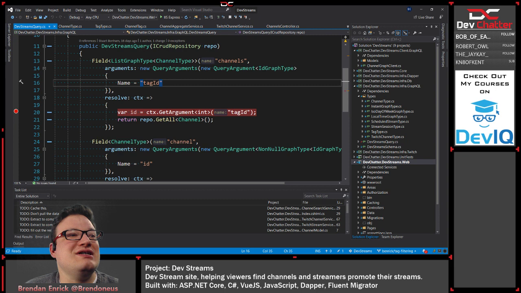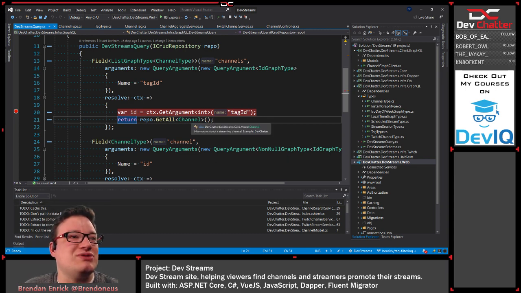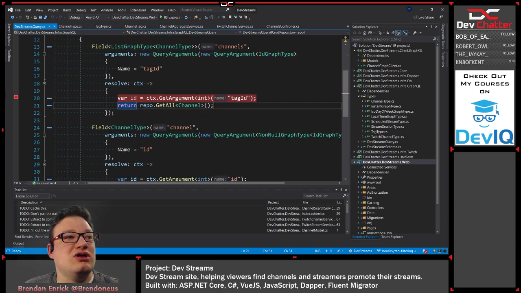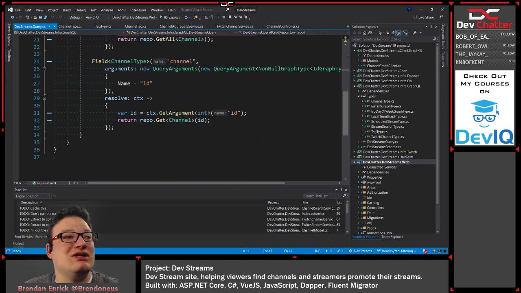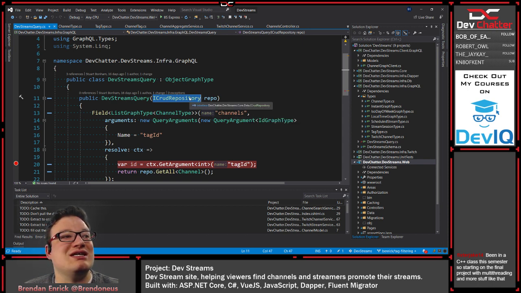Let's go ahead and stop the site, because we need to be able to filter by tag ID. Now, there's a couple of ways we could do this. We need to get channel objects based on what tag values they have. So we could, for example, make a slightly different repository. Instead of passing in this one, the iCrud repository for the DevStreams query, we could instead use the